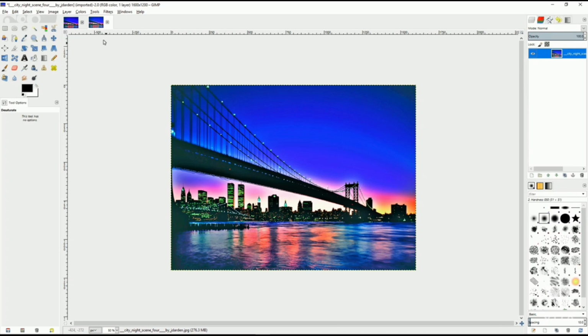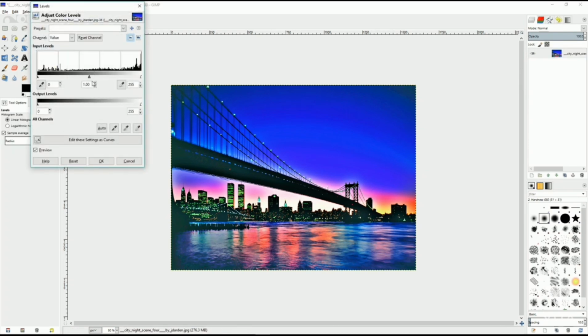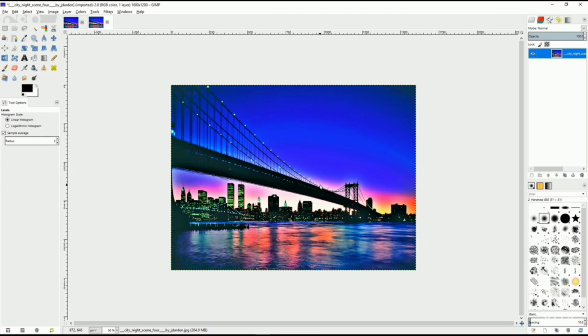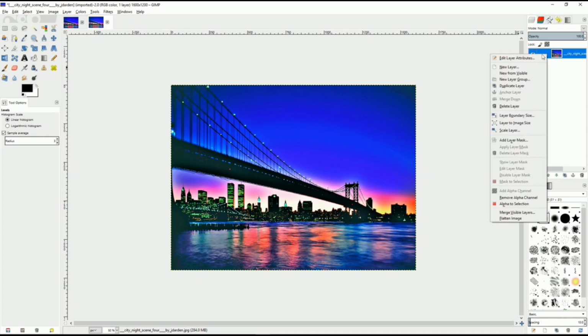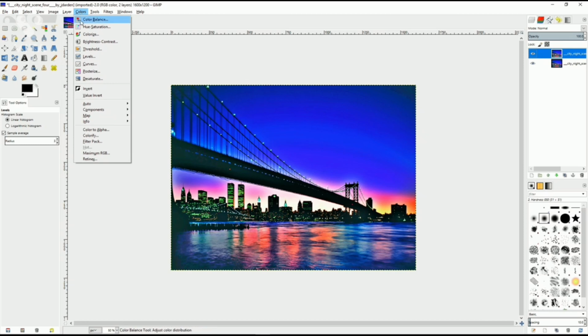Next, you'll want to go up to Colors and do Levels. On the levels, you want to switch that to maybe about 94, 93, or 92 on the gamma. Press OK there so we can get that into our picture. The next thing you want to do is create another duplicate layer. And then on that layer, you want to click Colors,